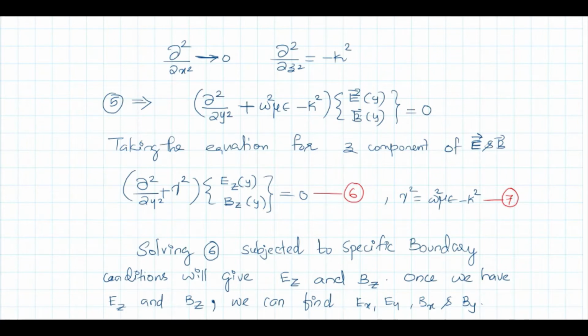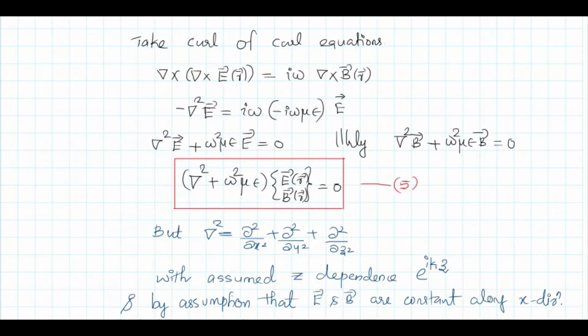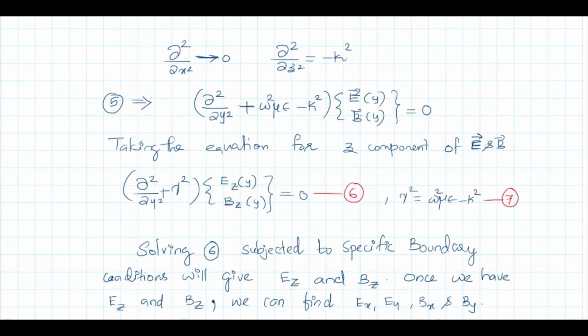Then ∂²/∂z² becomes minus k². Taking two times the derivative of this factor, you will get an ik each time. So (ik)² becomes minus k². Also, ∂²/∂x² will contribute 0.